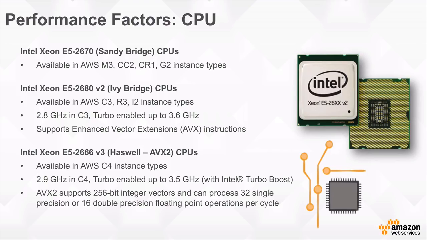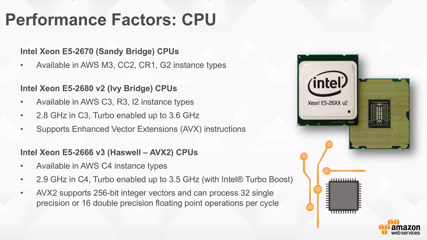And then in the latest generation, in the C4, we have an even newer Intel Haswell. This is the E5-2666 v3 Haswell. And this is a special CPU that's been developed in conjunction with Intel specifically for AWS, offering higher clock speeds, so 2.9 gigahertz in the C4 with turbo enabled up to 3.5 gigahertz. And this supports the AVX2 enhanced vector extensions, as well as supporting some other features such as crypto extensions as